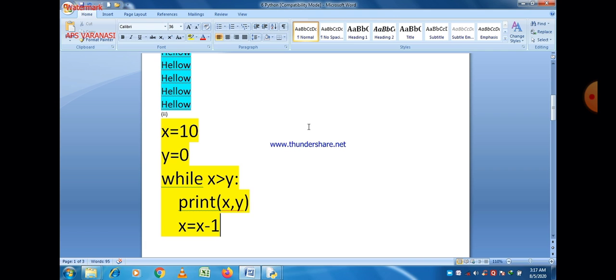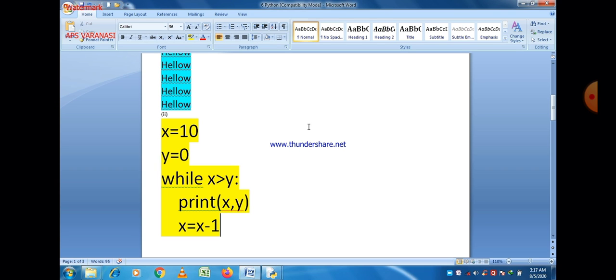So first the value of x is 10, then 9, then 8, then 7, and this goes on until x is found to be equal to y. Since y is equal to 0, all the values which are greater than 0 will be printed on the screen.